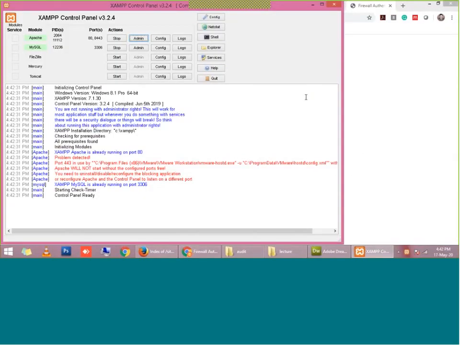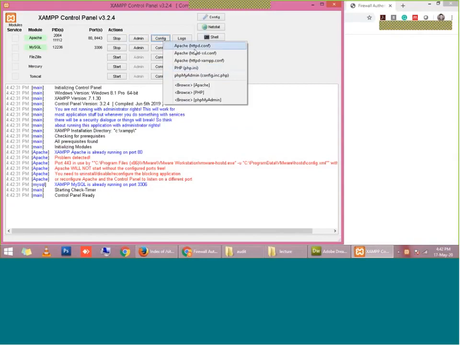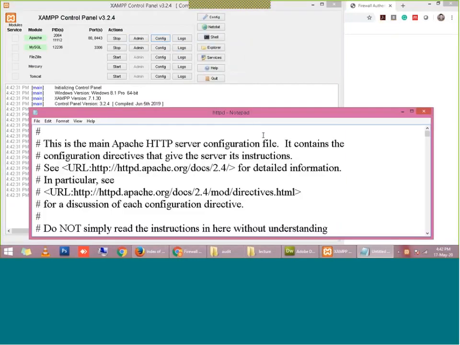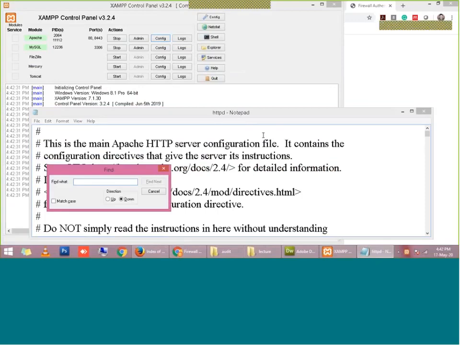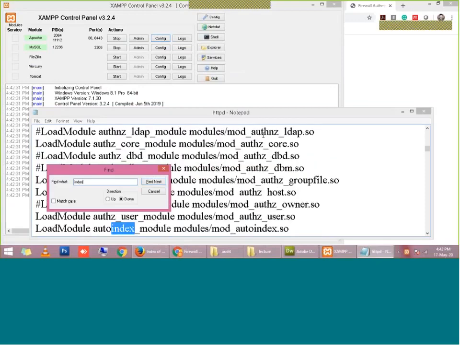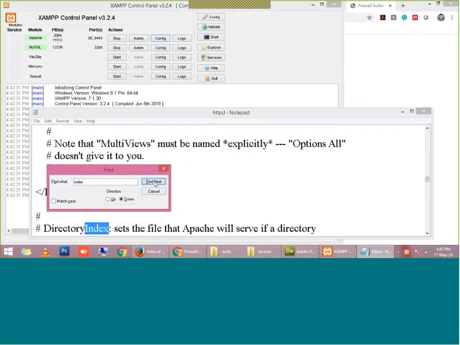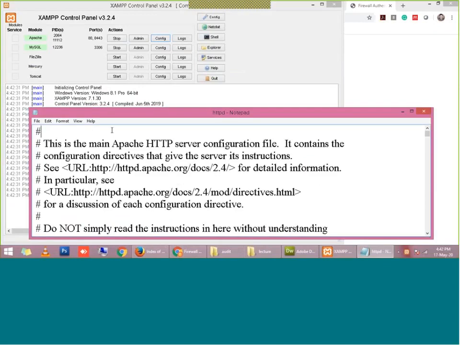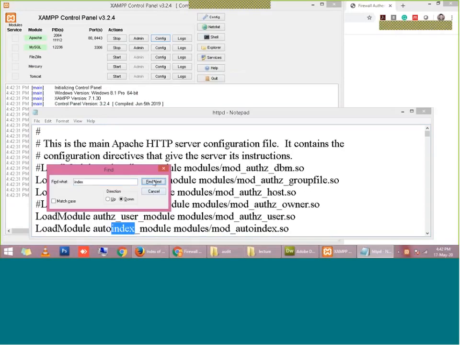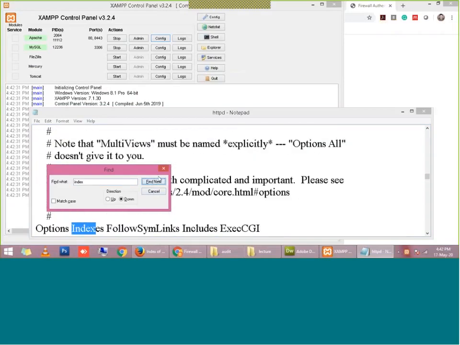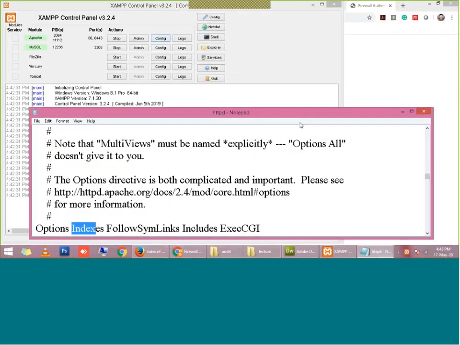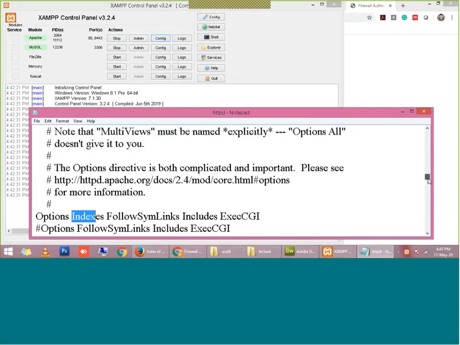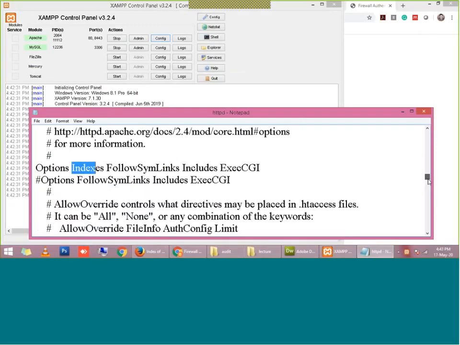I have to go to the XAMPP server, then open this configuration file. I will search for the indexing option, because I have to turn off this directory traversal.